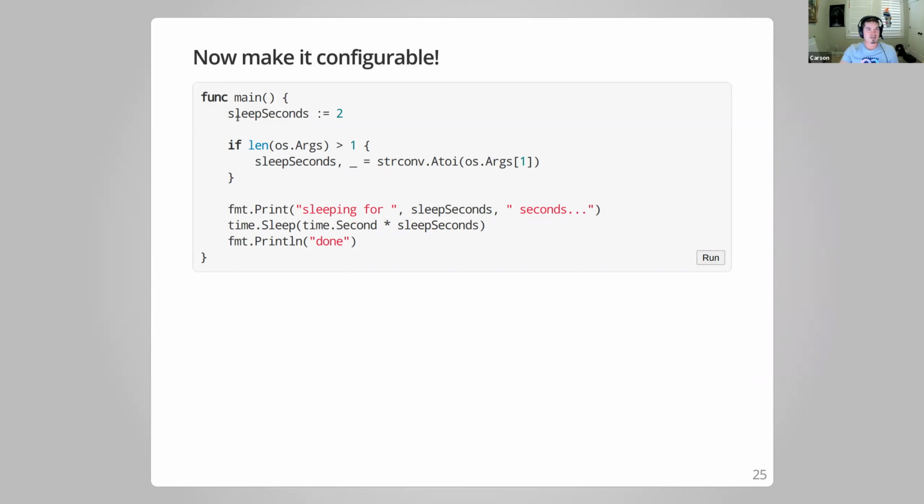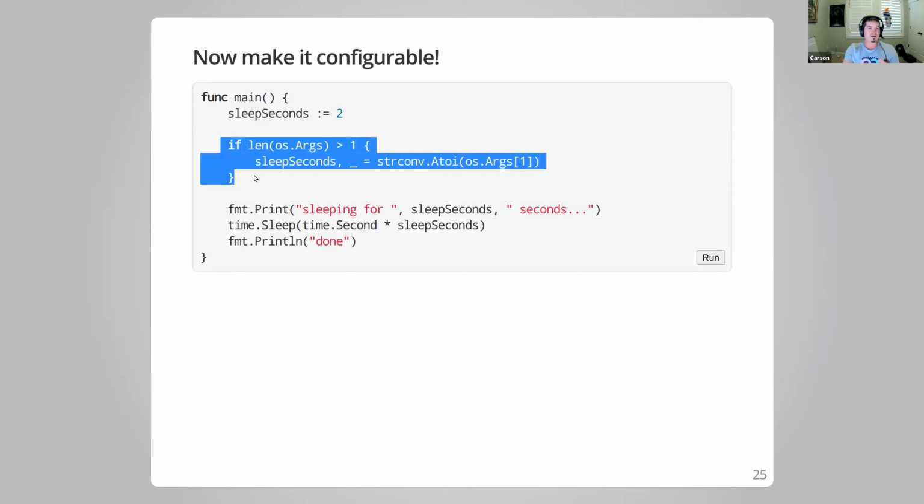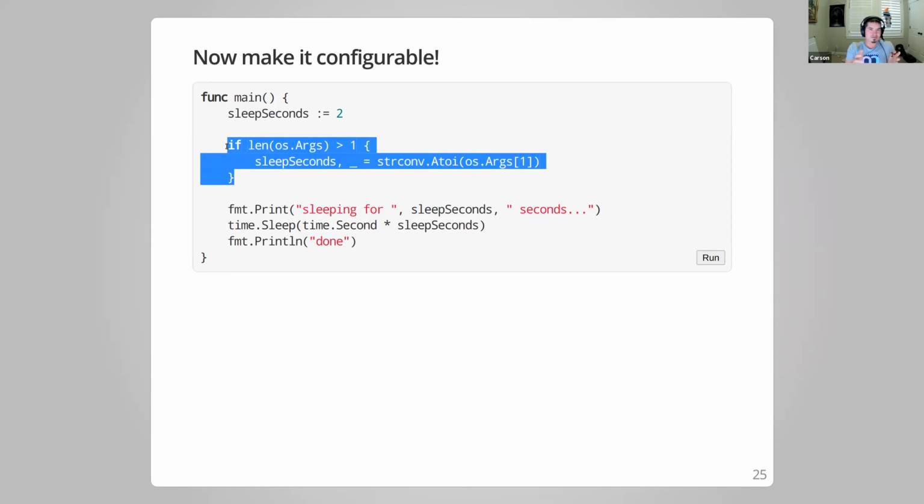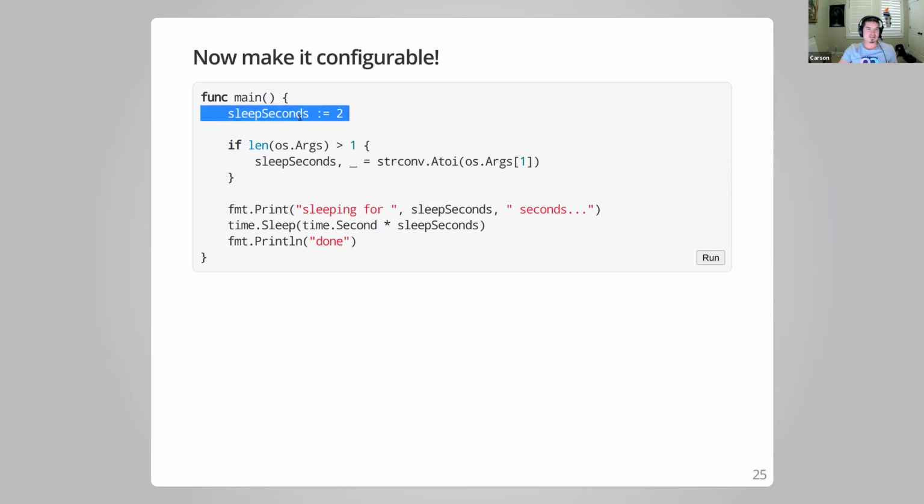So we do this. We take the constant off of the front of this. I've got a lot of stuff here. If you called this Go file, you could pass an argument. And if you give it more than one argument, it's going to take the first argument, convert it from a string into an integer, because all arguments are strings in Go, and then save it. So this is a lot of work to say that the variable content is going to change based on command line arguments. But really, the main meaningful change I've made is I've taken this from a constant to a variable. And if I run the same code, leaving the rest of this the same,